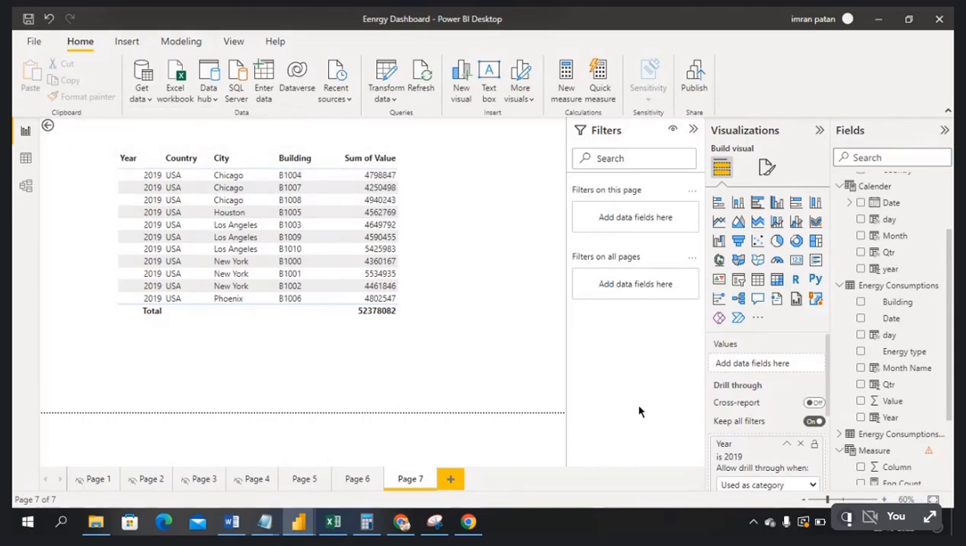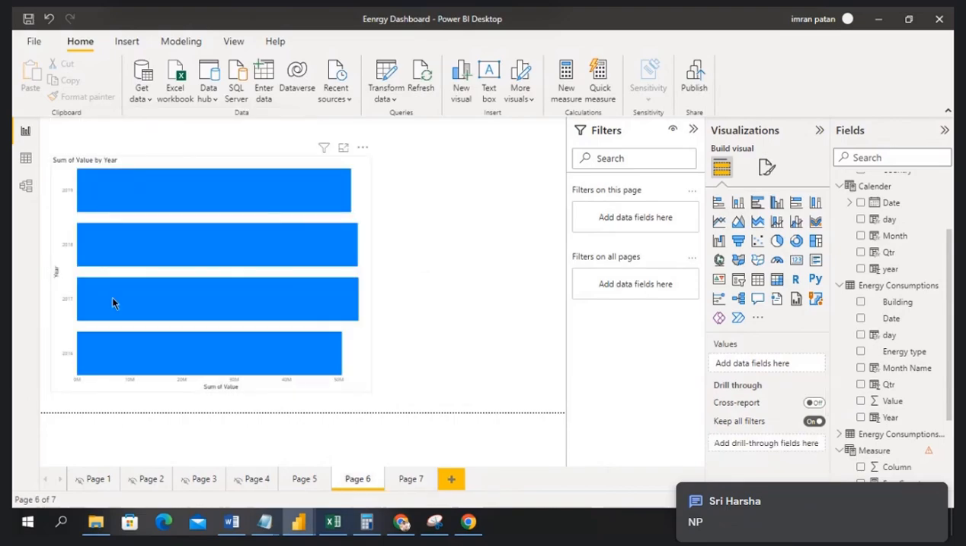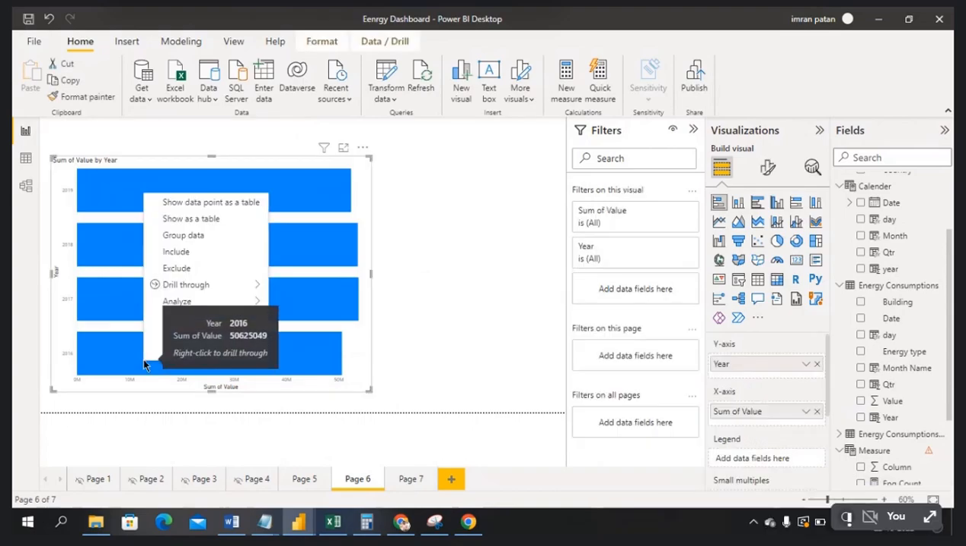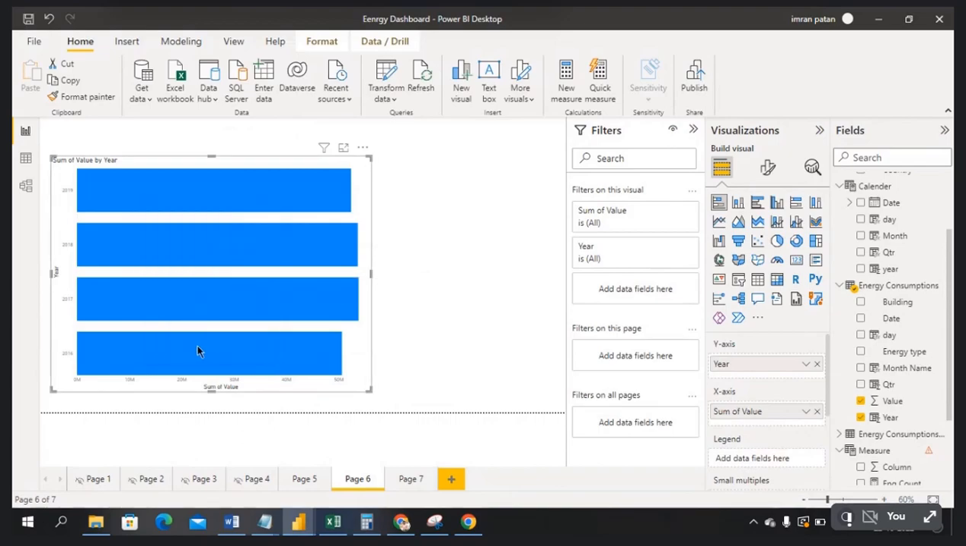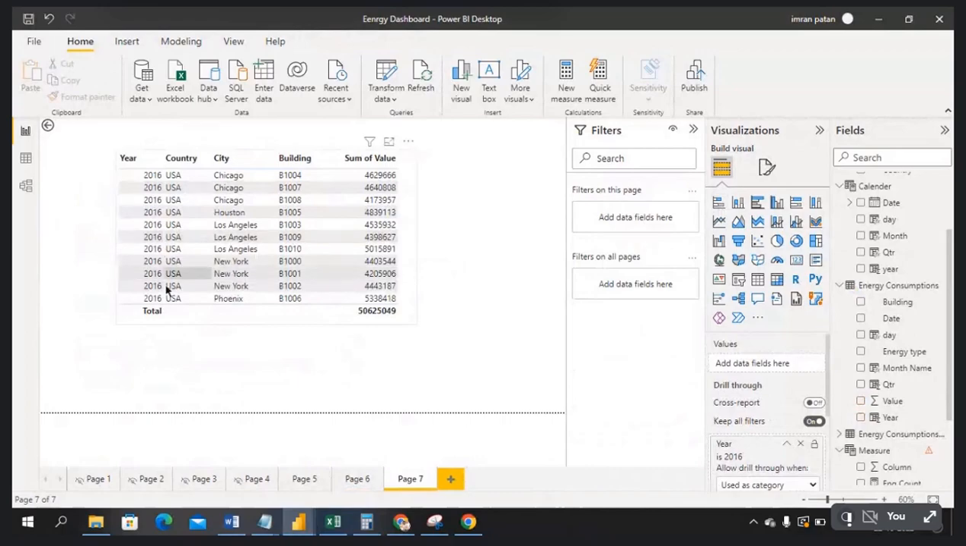Now the user wants to go back through this button. Whenever you are using drill through guys, the button automatically comes. For this button to work, you have to press Control and click on this, and it will take you back to your main report. Now I want to see 2016, click on this 2016 bar. You have to place the cursor here, right click, drill through, page 7. See, 2016 sales are coming. This is called drill through. Drill through means navigation from one page to another page